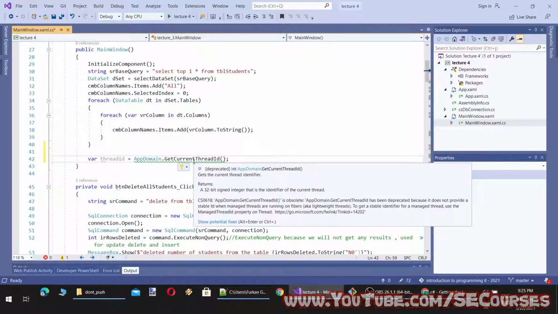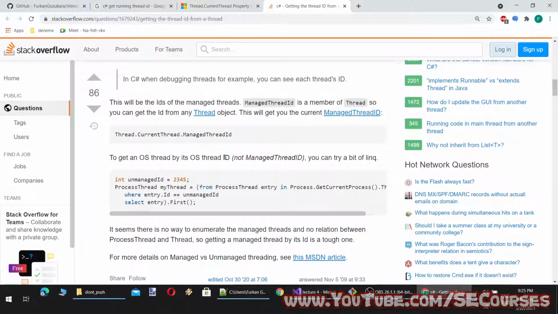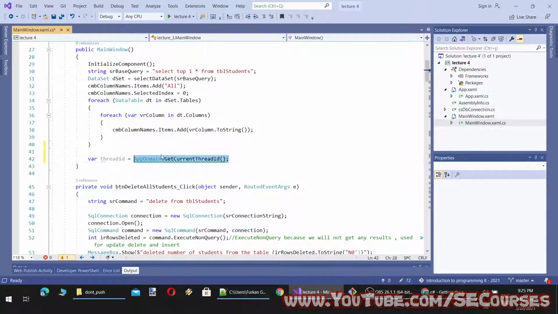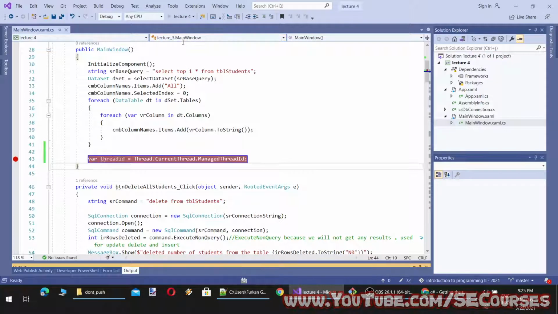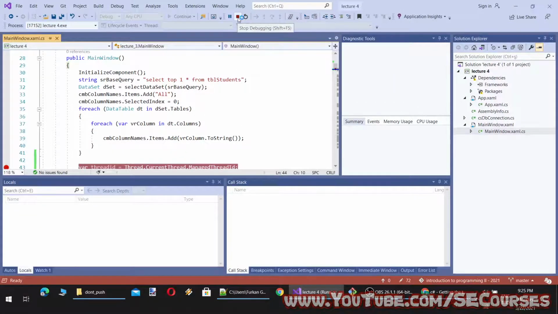So it says to use managed thread ID, and this is the proper way of getting the thread ID. To be able to use it, I have to add System.Threading. Now we can get the thread ID. I have to also add it in some other places.